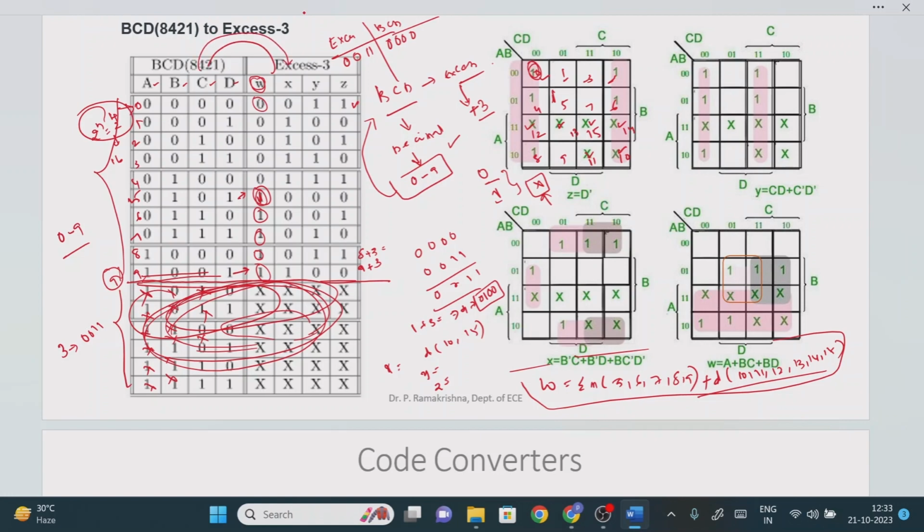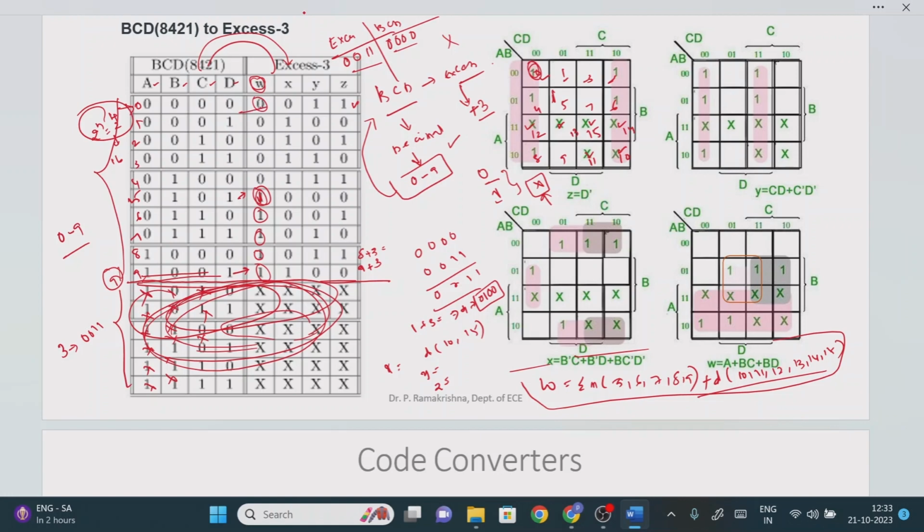Some people will start the XS3 code from 0000, 0001, something like that. If you are designing something, in this case it is completely wrong. XS3 means it will start from 3. What is the corresponding BCD number? 0000. Otherwise, you can write BCD to XS3. Then you just perform the reverse operation, right?